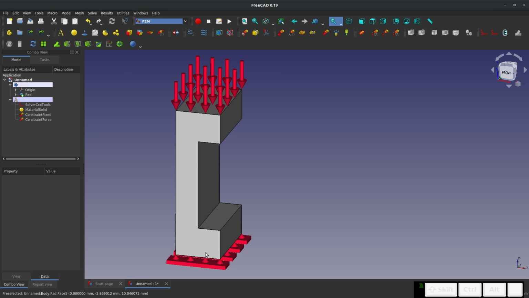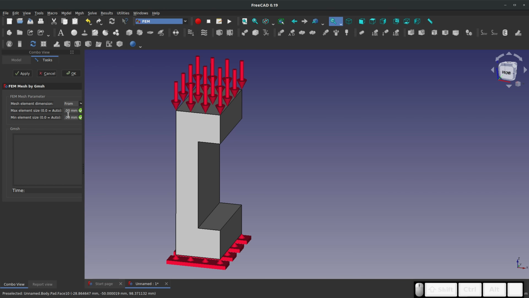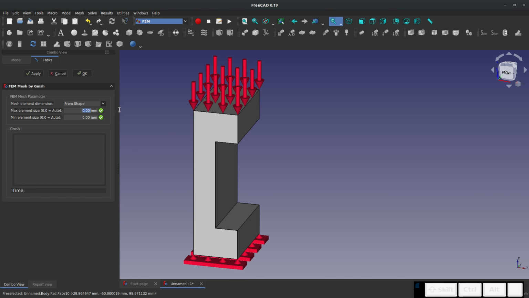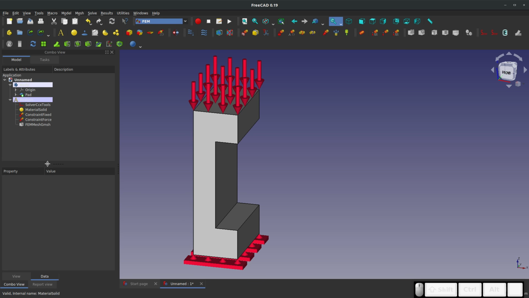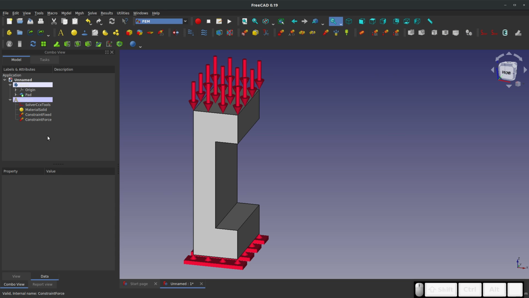Right, and then we'll need to do a mesh. So I'm going to stand on my body right here, and I'll choose Gmsh. It's a very simple mesh, and we'll see if it works. Our max element size, let's say 20 millimeters, and we're going to say apply. Yeah, I've got an error executing Gmsh, and this might be the way that I've installed FreeCAD. So I'm just going to get rid of my Gmsh,